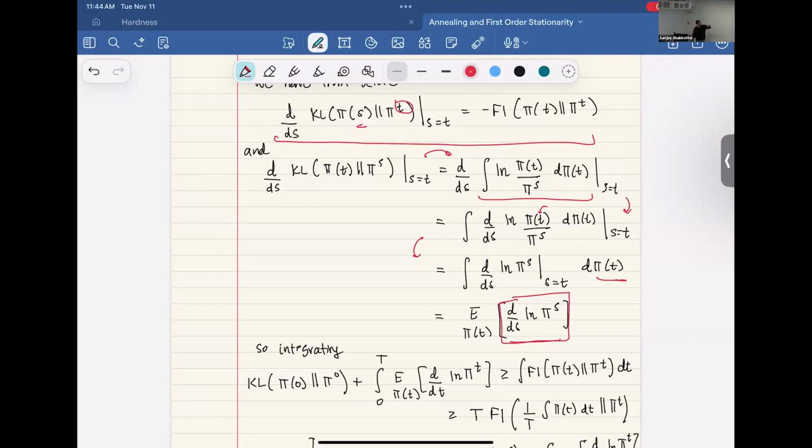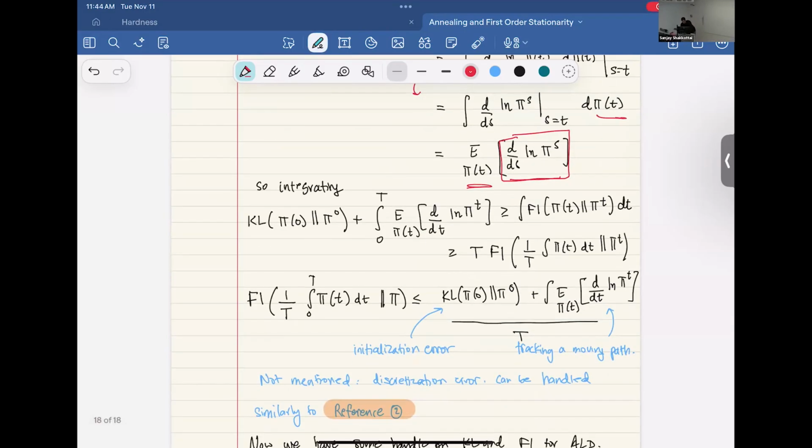So I picked a path. You look at this quantity d by ds log pi s, the derivative of the log of the density. Where this gets a little bit more complicated is that the action was not at all a function of your algorithm, right? There was no pi of t when we defined the action. Here we have to take an expected value over pi of t, which is the law of your algorithm. So this is a little bit more complicated, but